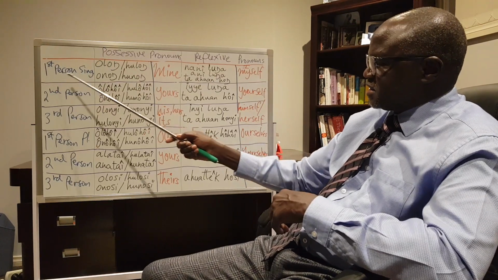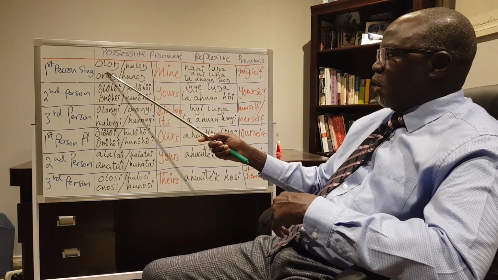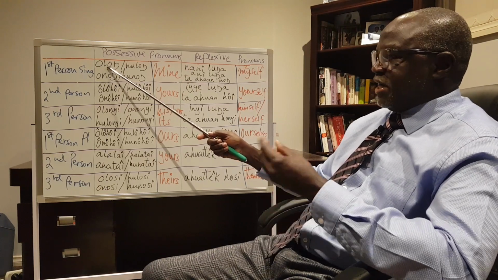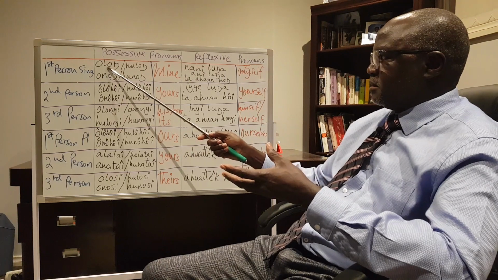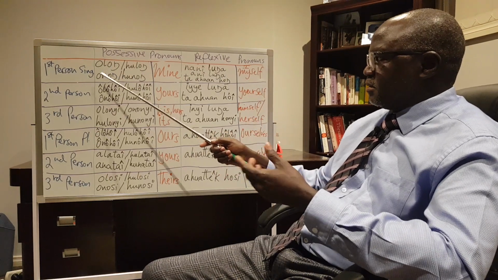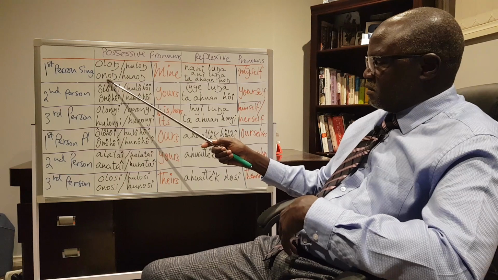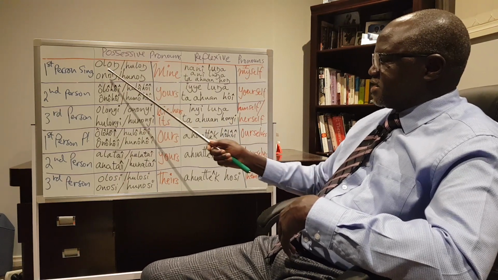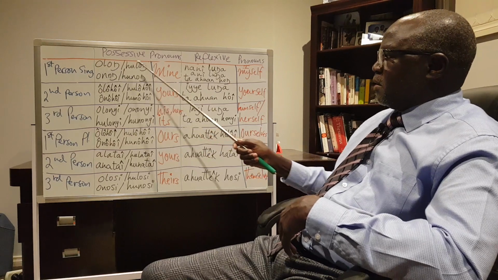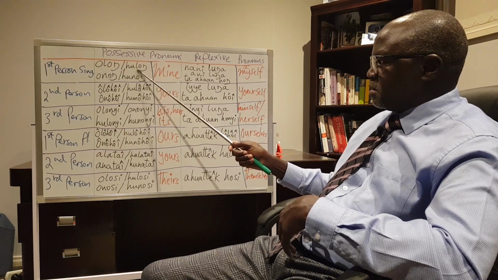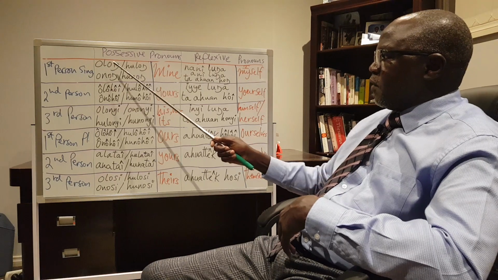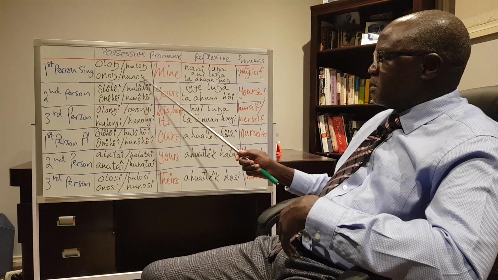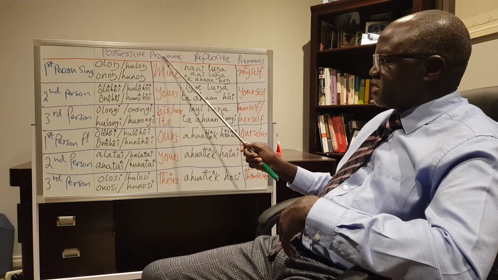So in the first person singular, it is oloŋ. Oloŋ here refers to a male gender thing, okay? That thing probably is a male, okay? The opposite is onoŋ, which is actually mine. So this is English translation for oloŋ or huloŋ. Huloŋ is the plural for this one. And then onoŋ is the plural for this one. Hunoŋ is also mine. So this is the possessive